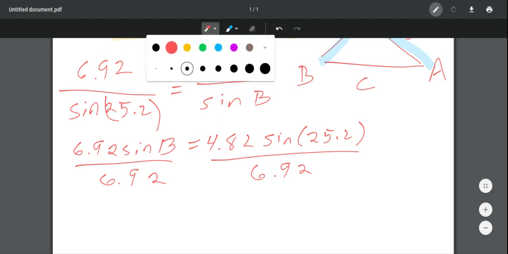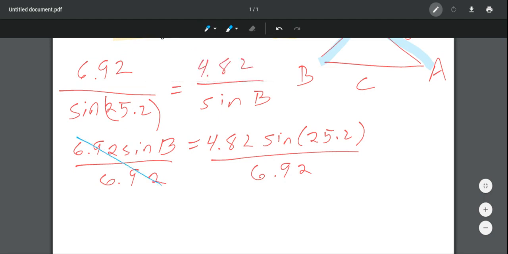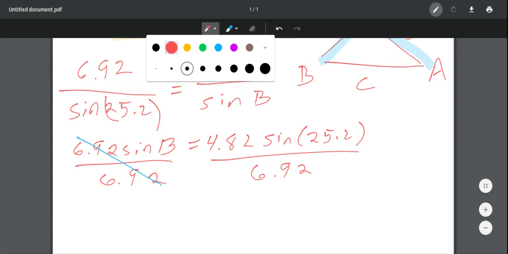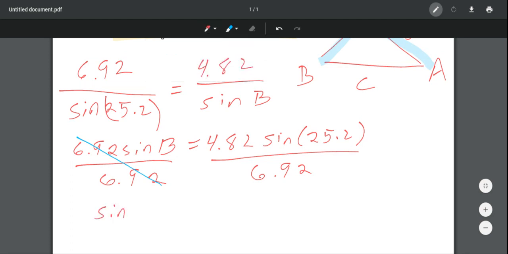And if I divide by that 6.92, it cancels on this side. And I'm left with the sine of B. And I'm actually going to utilize my calculator. If I input this into my calculator, I have 4.82 sine of 25.2, and I'm going to divide it by 6.92. We're going to get sine of B to be approximately